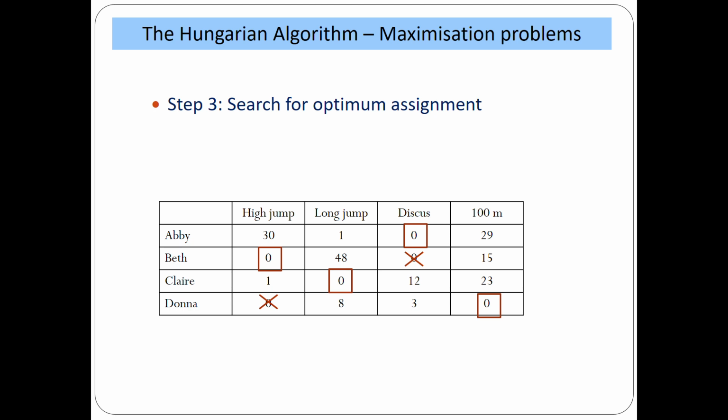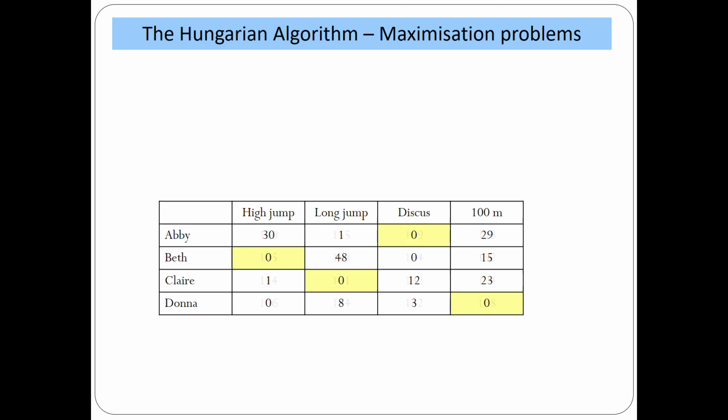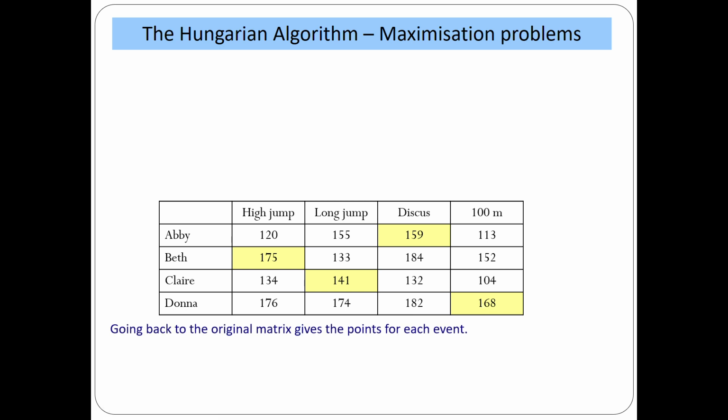We have to take the solution out of this assignment table. So this is our original problem, which is given in the maximization type. So we have to just replace all the elements and only take the position of the optimum allocations like this, right? Because we have to take the points for the particular events only from the original matrix.